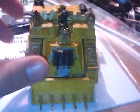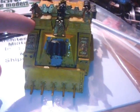This obviously is just from another one of the vehicle sprues. These are some hatches here that I used to make this front piece, and I built these up. I don't even know what those are from. And in the middle there's a little headlight. That's actually from a bike. And if this will ever focus,